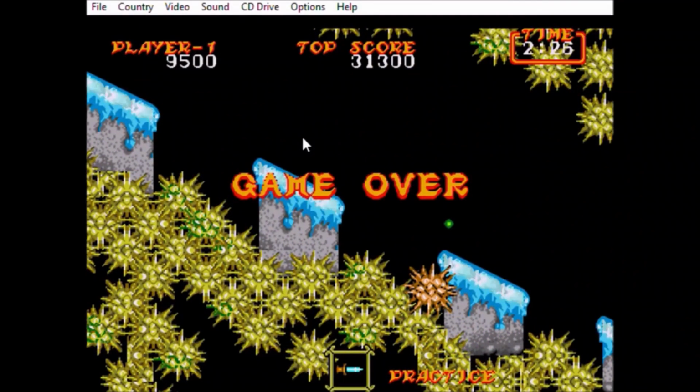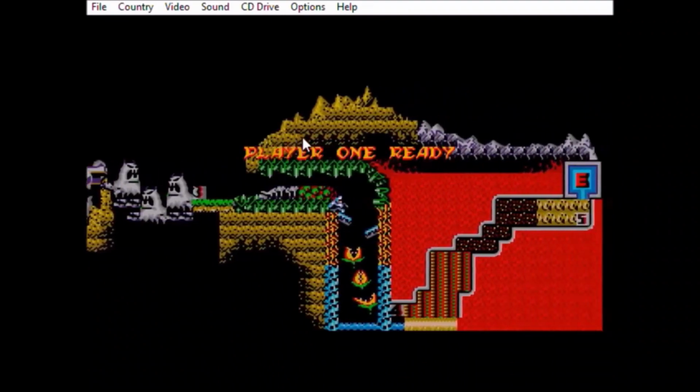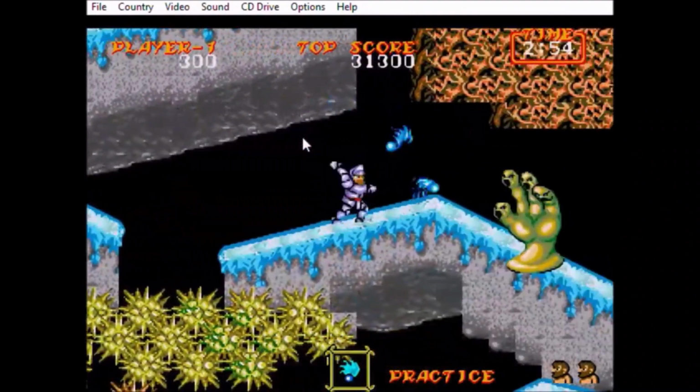Let's give this another go. Here we go again, press continue. Ultimate continues in this game on the Sega Megadrive version of Ghouls N Ghosts. And let's go. I've got a new weapon here. I've got the flame thing,